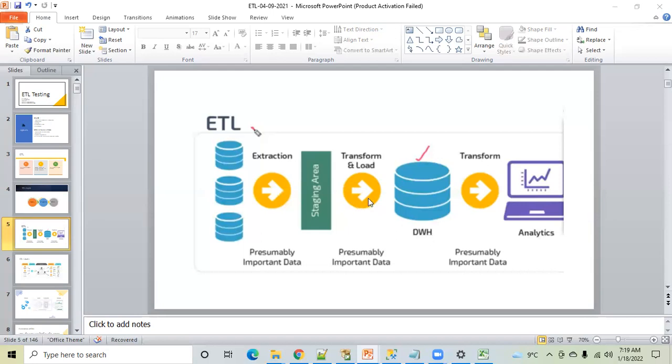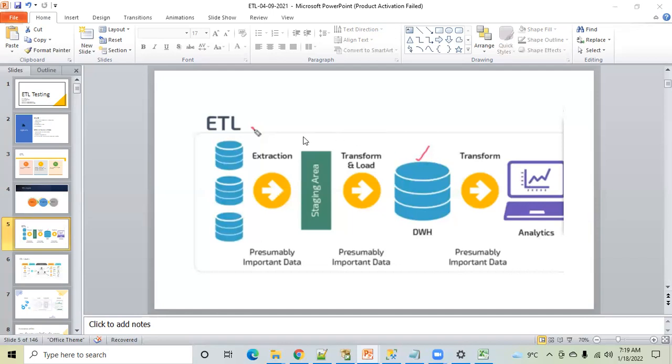Once you have applied those formulas, the data will be loaded in the data warehouse, or your integration layer, which is also known as the access layer. This layer is considered to have the final set of data which is of good quality, the creamy layer data. Then finally this data you will show on a report, and your business stakeholders, the CEO, COO, CFO, will look into this data, and from this they can understand how their business is performing.